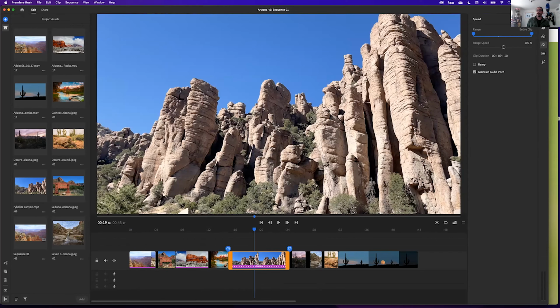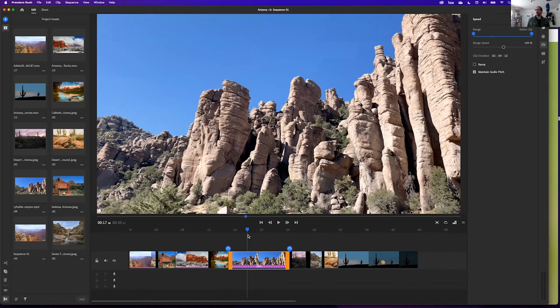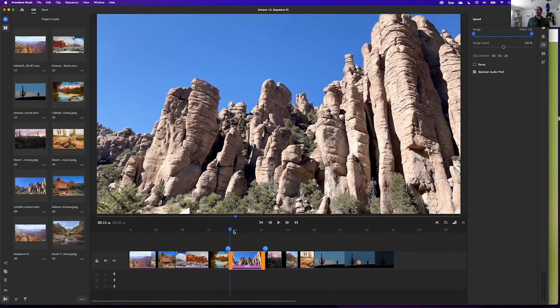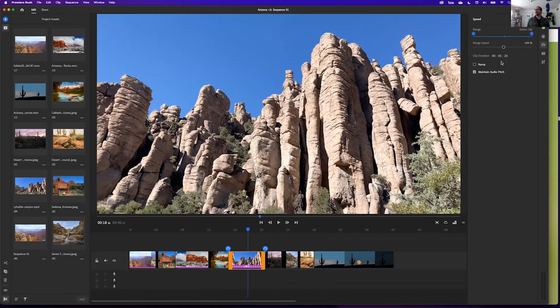Then we have Rhyolite Canyon in the Chiricahuas, really nice place. Let's go ahead and see here. This is 9 seconds, so I think I can clip a little bit to trim. I want it to start here. I'm going to hit S and delete. And then I'm going to let it play through. So now it's 5 seconds and